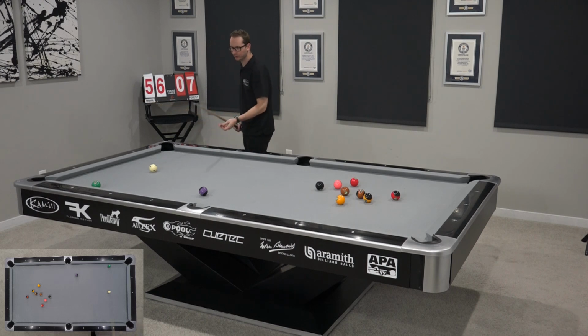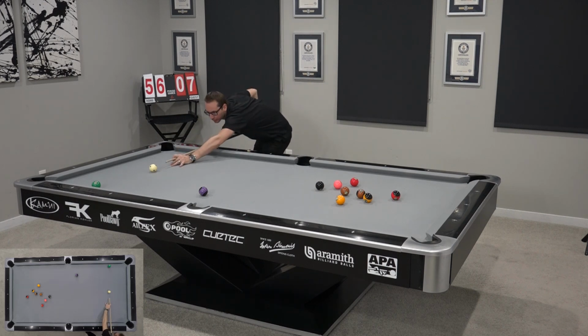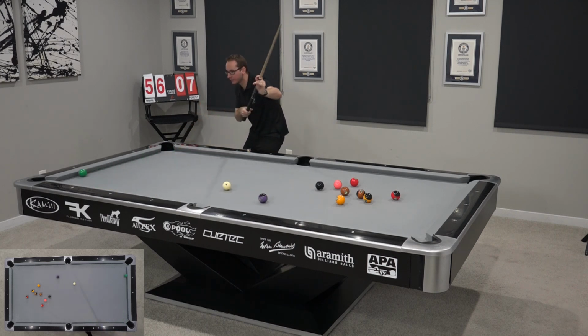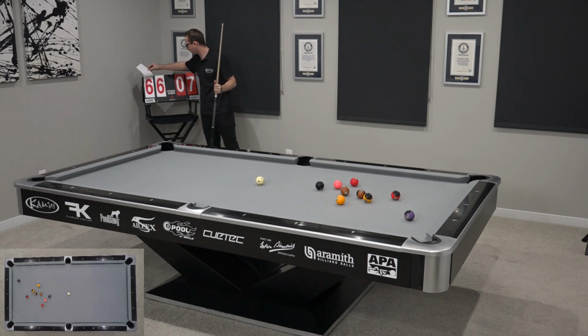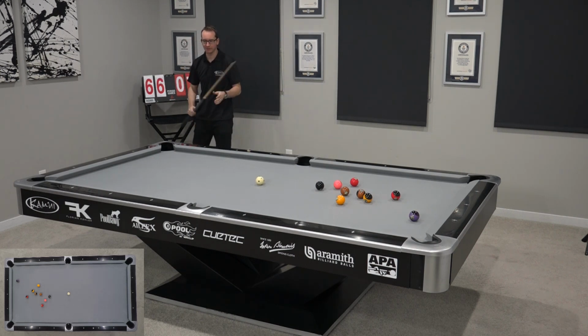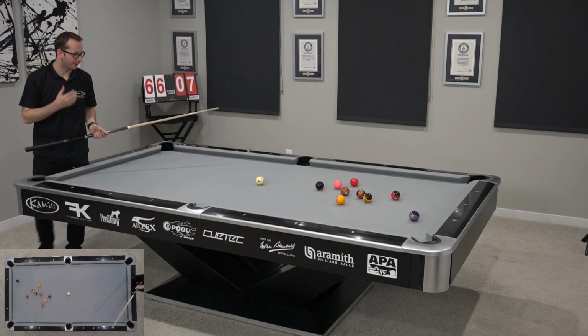Alright, we got a solid bank shot opportunity here on the 6 ball. I could try the same, try to short bank it 2 rails. That's probably worth trying. Here we go, this time it worked right on it. So we got another 10 points here. Remember, 5 points per rail. Alright, so this is working pretty solid, but